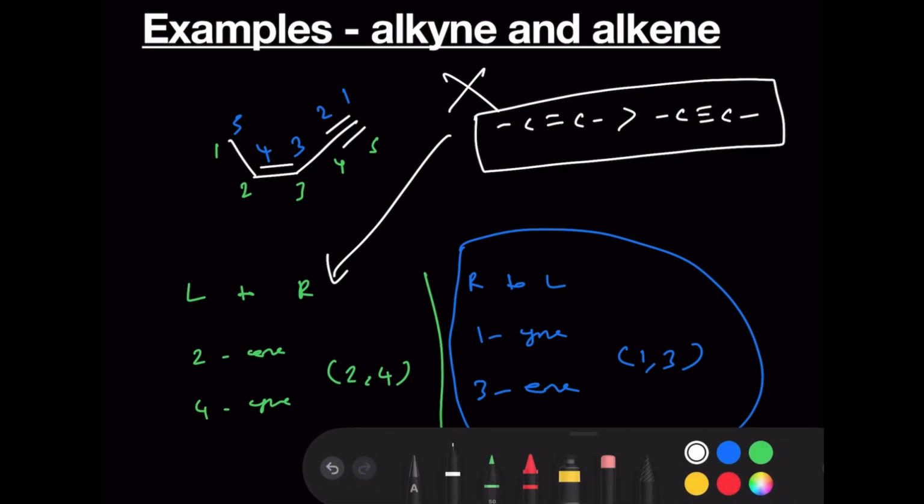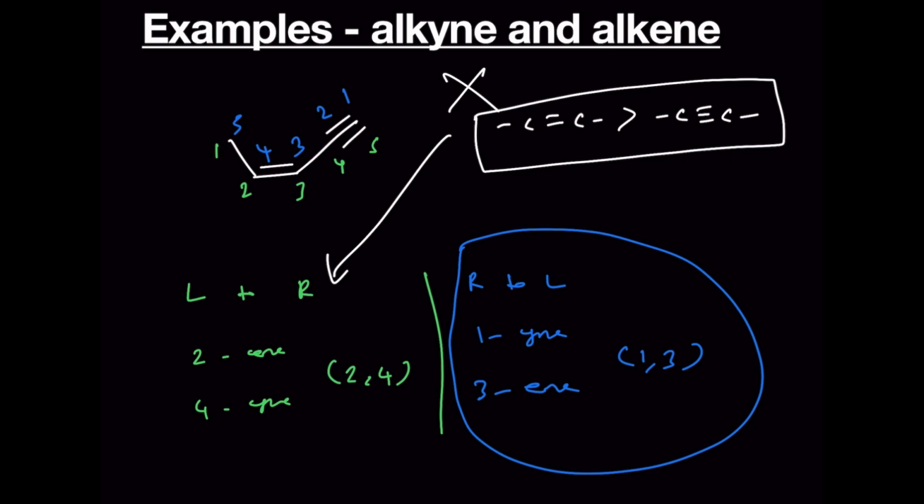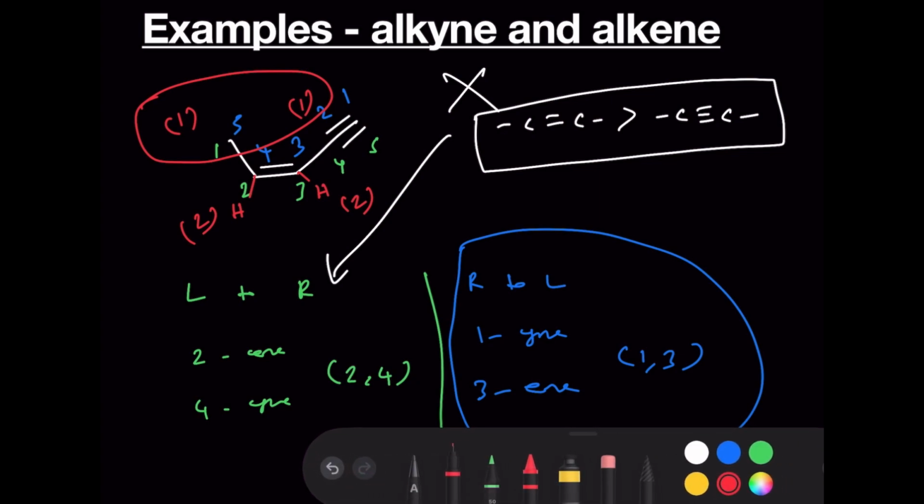Now, before naming, we also have to decide about the EZ isomerism, whether it is an E isomer or Z isomer. We have a hidden hydrogen atom here, and a hidden hydrogen atom here. So, as per the CIP rules, carbon gets more preference compared to hydrogen here too. So, your higher priorities are on the same side, and therefore, this is a Z isomer,